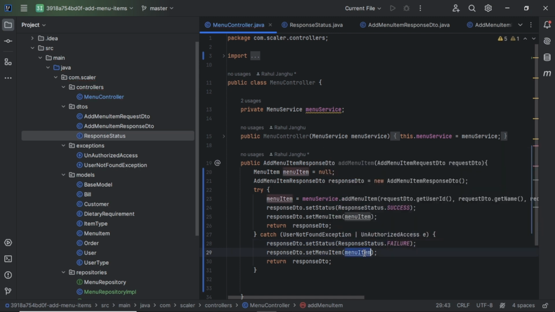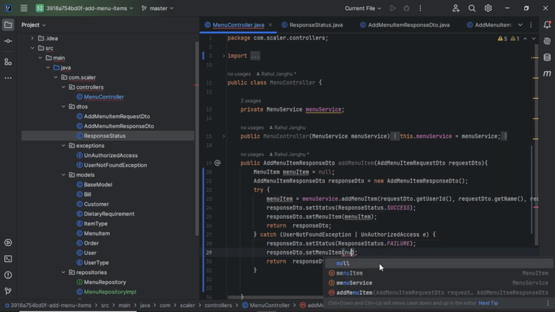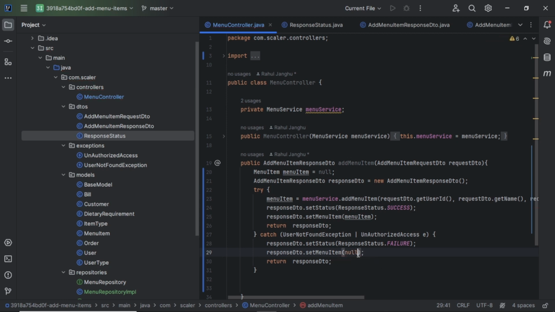Here we do not have a menu item, so we will pass null in that case, and return response DTO. So if it is success, we will pass this menu item, and if it is not success, then we will pass null. Okay, response DTO. As you can see, we already implemented this service class.